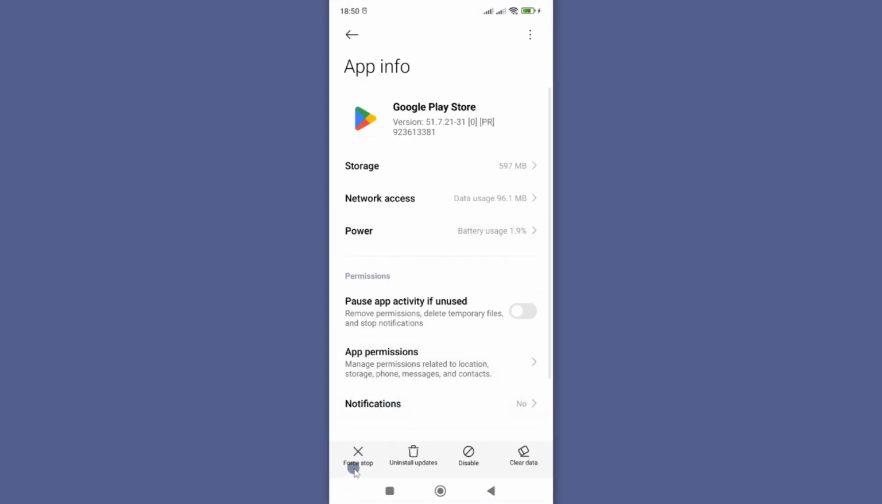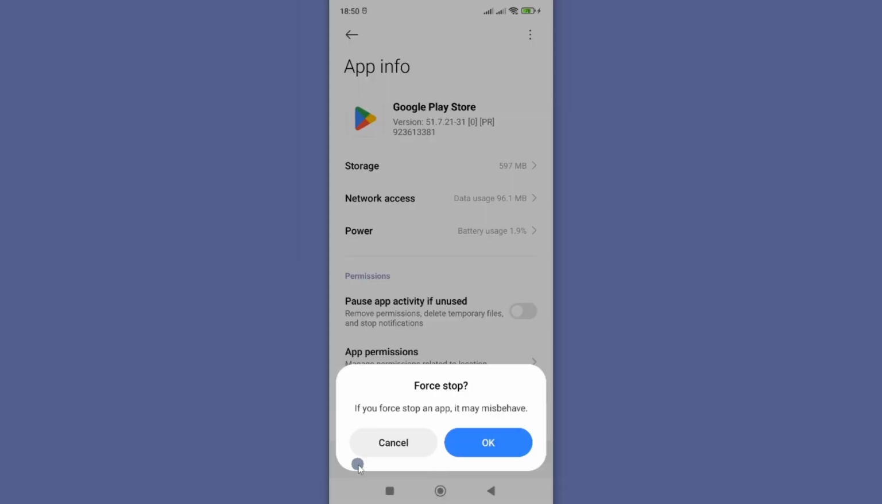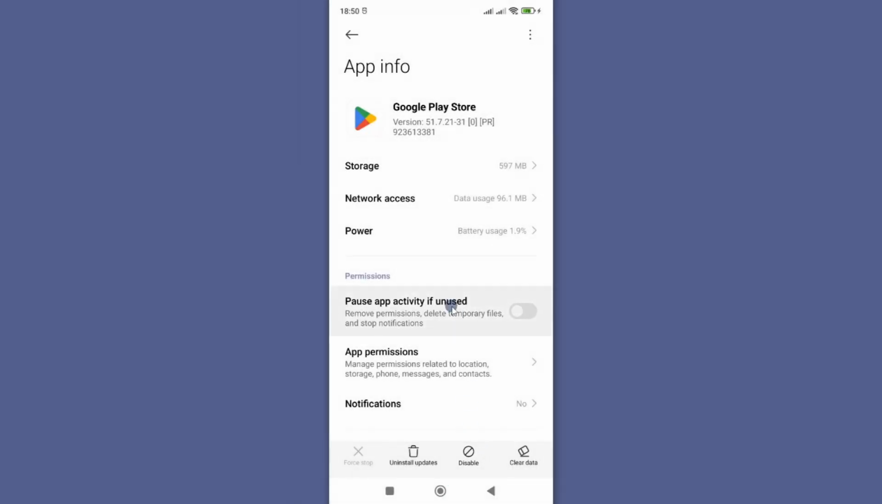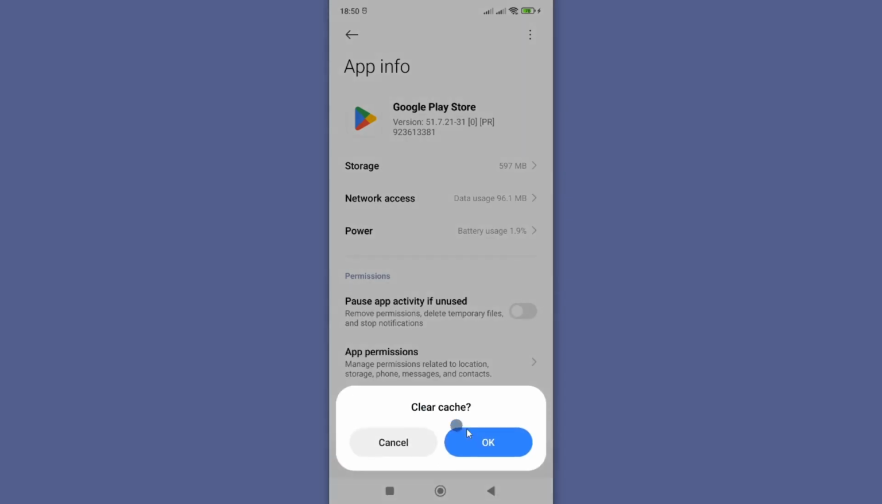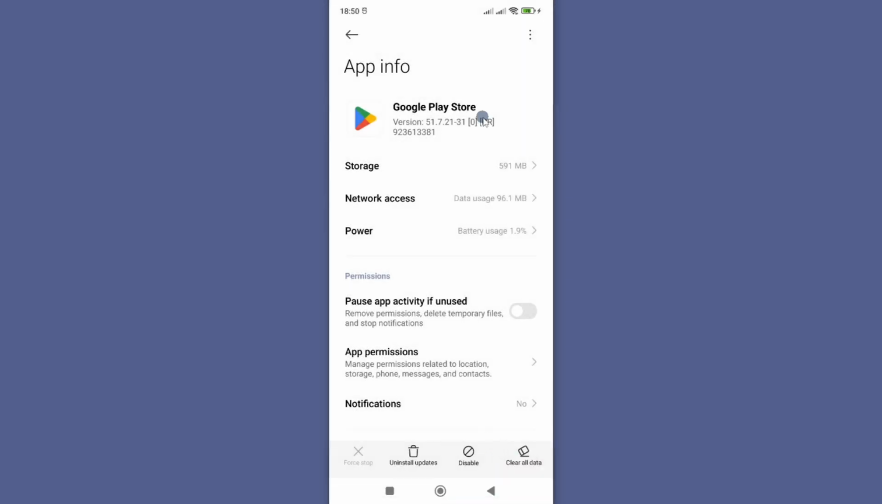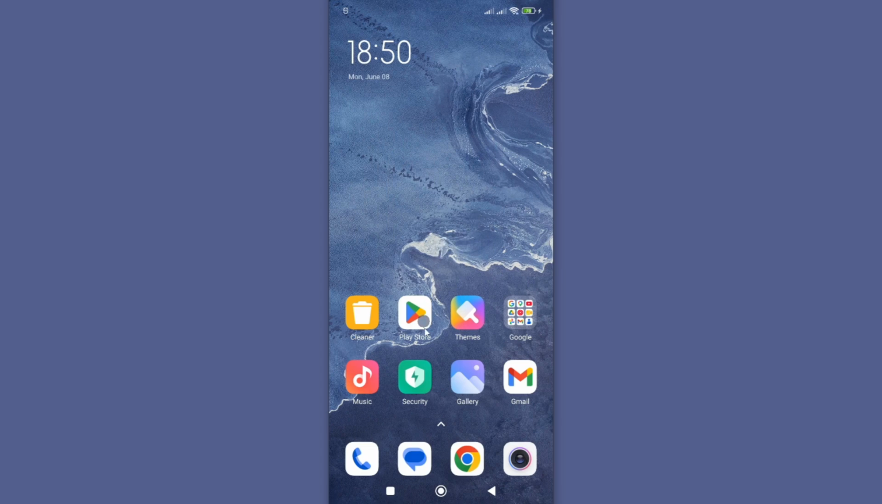At this point, first you want to force stop this app. This will ensure that any background activities that might be hindering app downloads are stopped. Then go to clear data here, and you want to choose the last option, clear cache, and finally OK. So don't worry, this will not log you out, or it will not change how your app interface or history will appear. At this point, now you will need to restart your smartphone, and once you have restarted your smartphone,